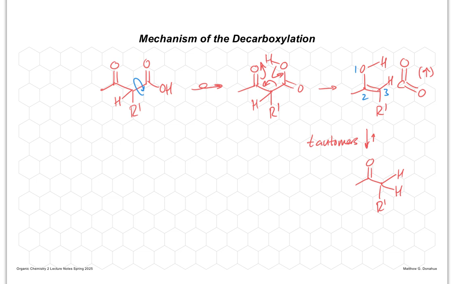The keto form, so keto, that's favored if you compare the bond strengths of what's making and breaking. So that's the ketone form. The other one's called the enol form. So alkene with an alcohol is called an enol. And so there we see our